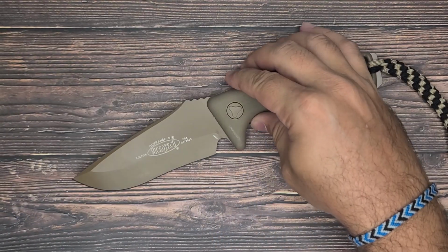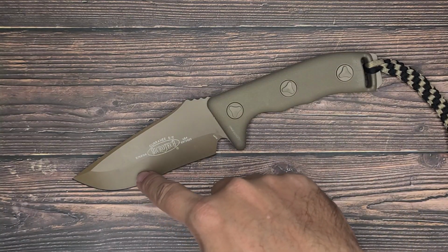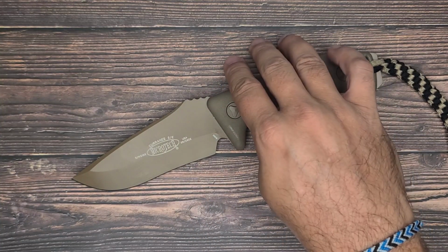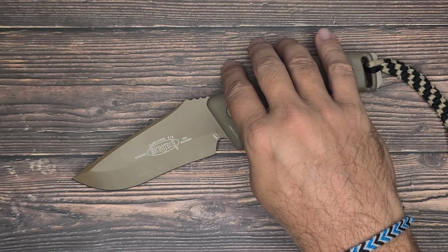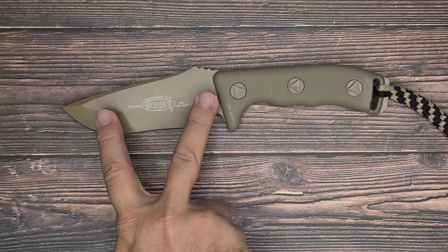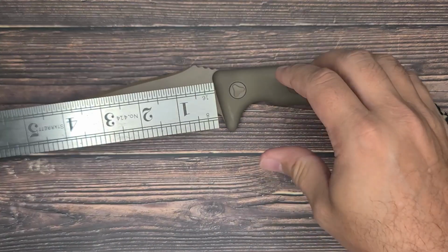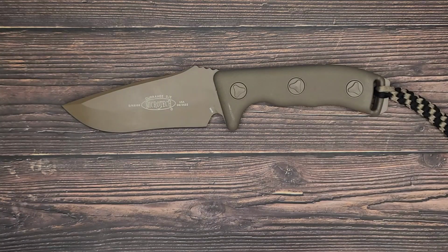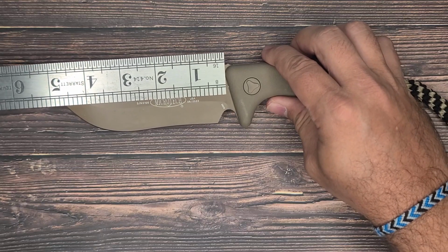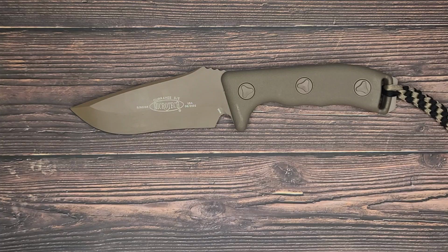Now, cutting is really, really good. Like I said, especially things like feather sticking or cutting rope or cutting leather, this excelled at. It also did fairly well in batoning. It's not a huge knife for batoning. You can only baton probably a 4-inch stick. What you've got here is a little over a 4.5-inch blade, but when you're batoning,